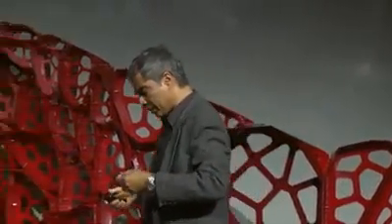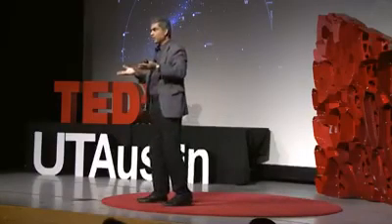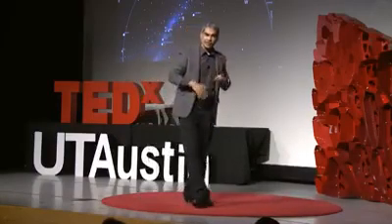So it turns out that today with our studies, we know that if a principal star is located between 4 degrees and 6 degrees from the ecliptic, then it experiences a cluster of lunar occultations over a 4-year period, which repeats all over after 19 years. If the principal star is located greater than 6 degrees from the ecliptic, then it does not experience any occultation. I know that sounds very technical, but really, these are very simple observational things that you can do.